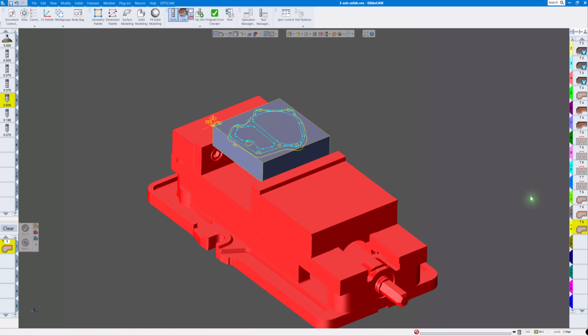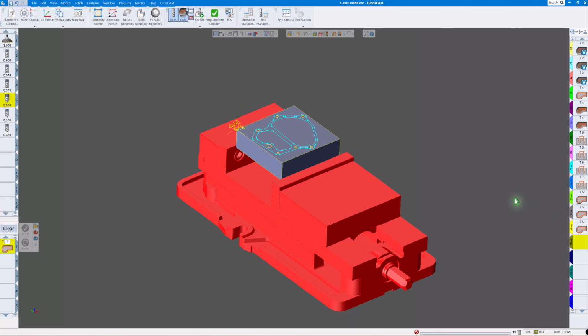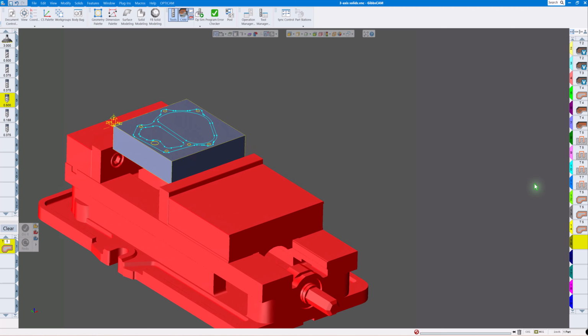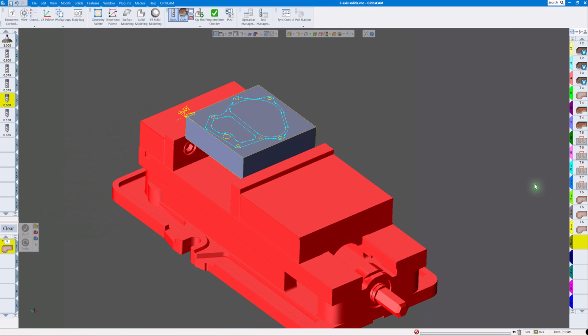And we could maybe make this a little more efficient if we wanted to. Maybe we want to, let's just say we want to chamfer before we drill the holes. So it's easy to do in Gibbs, just to show you how you can modify things. So let's select the chamfers there, and let's put them before the drilling. So I could just move them up and put them right in the triangle there. Now if we render again,